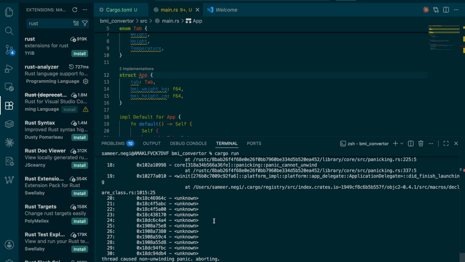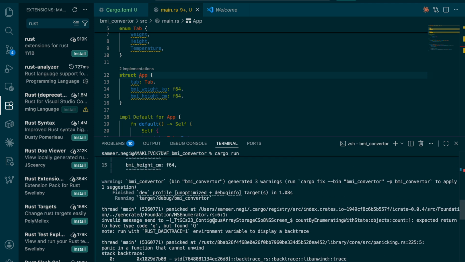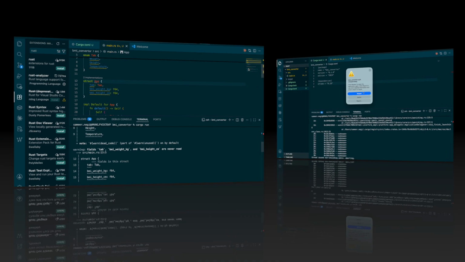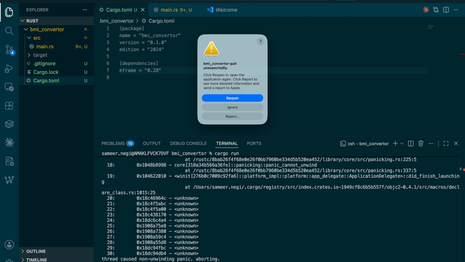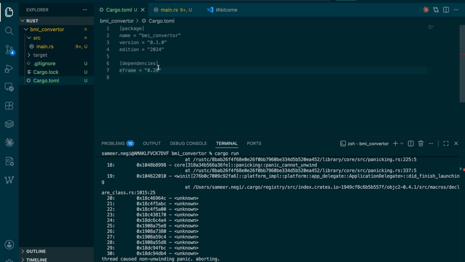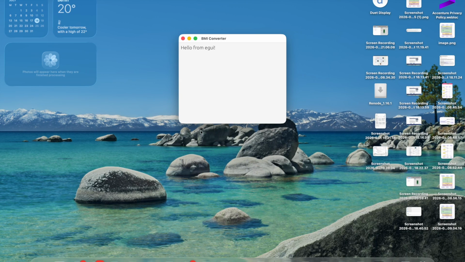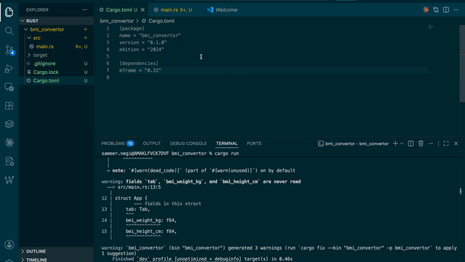Oh my god, we have a thread panic with an unwinding. Okay, this issue will take some time to solve. Our program crashed, so we need to look at the issue, and it seems like there's an issue with the crate. So let's update the crate version to 0.31 and try to run again. Let's see what happens. Okay, so it runs. You can see it says Hello from egui. Perfect. So our first video works, and then what we will do is that